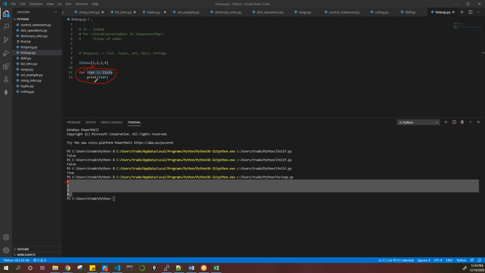Then what happens? The for loop automatically moves the iteration to the next value once it sees this is the end of the for loop block, because there is nothing after this. So it changes it to 2. What is on the second location? It is 2, so it comes back here and prints 2. Then again it goes to 3, and what is on my third location? It happens to be 3, so it prints 3. One thing you have to understand is